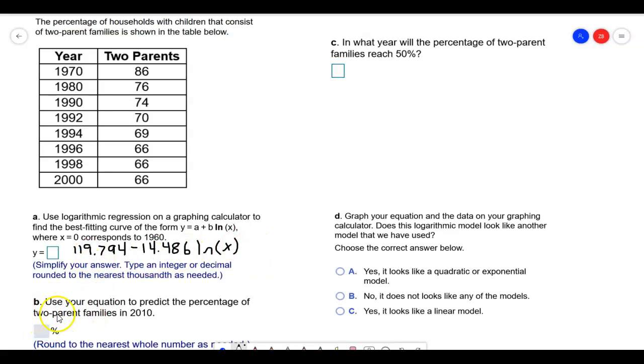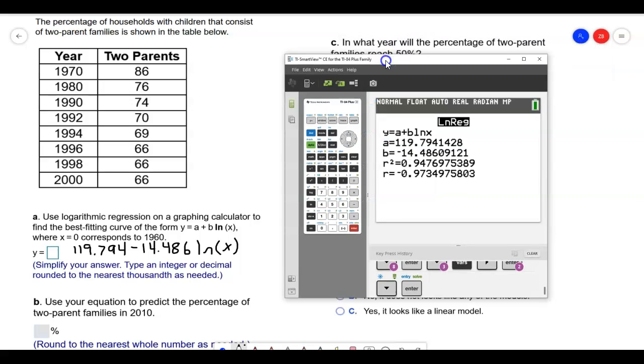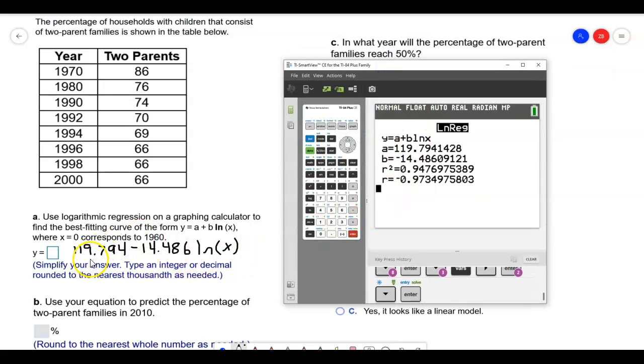So for the second part, it says use, and just make sure that that matches up with that, which it does. This B matches up with that, which it does. I'm good. This R here is the linear correlation coefficient, which we're going to be discussing more in Chapter 8